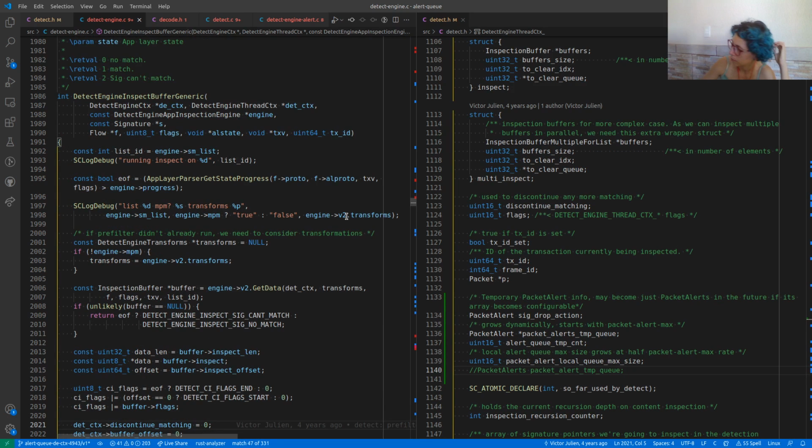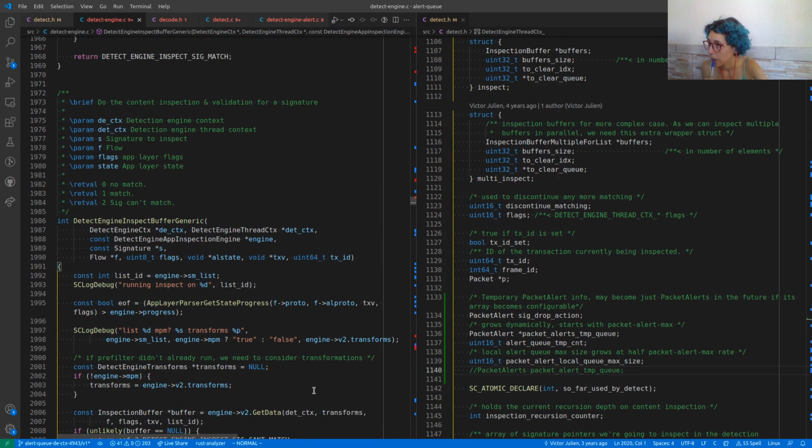What was it that I had searched for? Oh, this is also interesting. Detect engine inspect buffer generic. And I see that we are initializing some things here. What is this? Do the content inspection and validation for a signature. No, but we already have things.